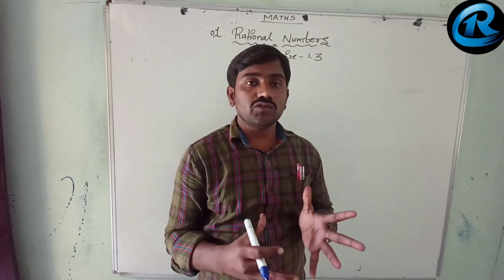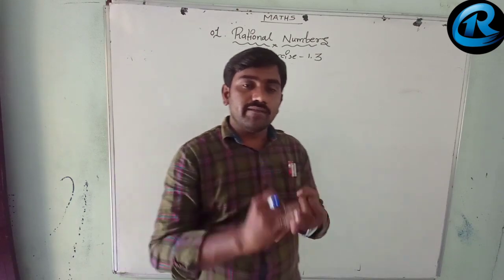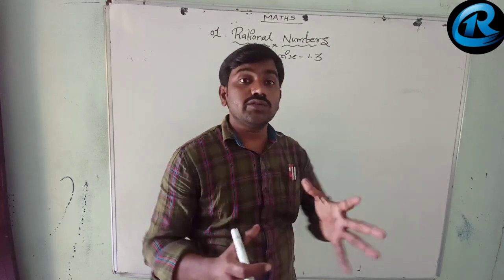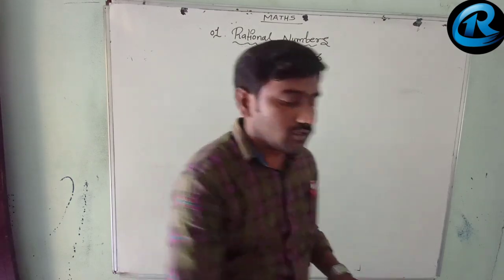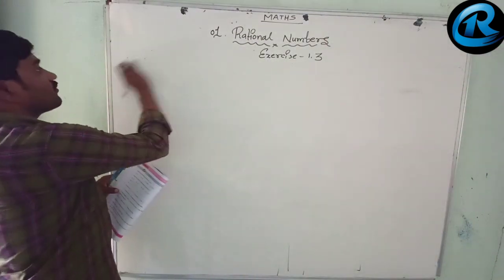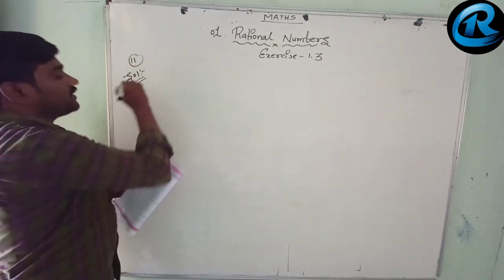Why do we go for the 11th question? Because it is the same model question. The second bit question and the 11th question are the same model. So if I do the 11th question here, we can understand more clearly again. Later we will discuss the other questions of this exercise also. First we go for the 11th question, then we go for the third question later. First the 11th question, see.